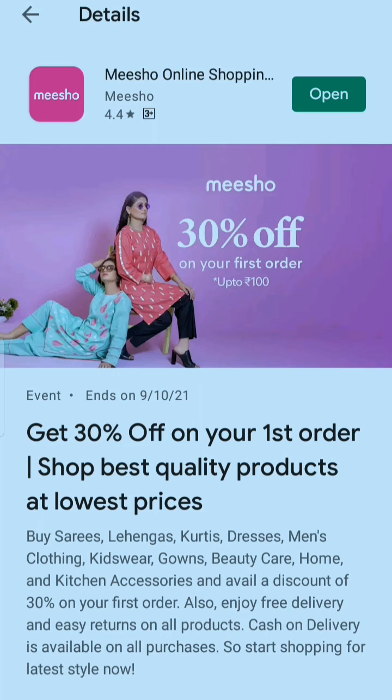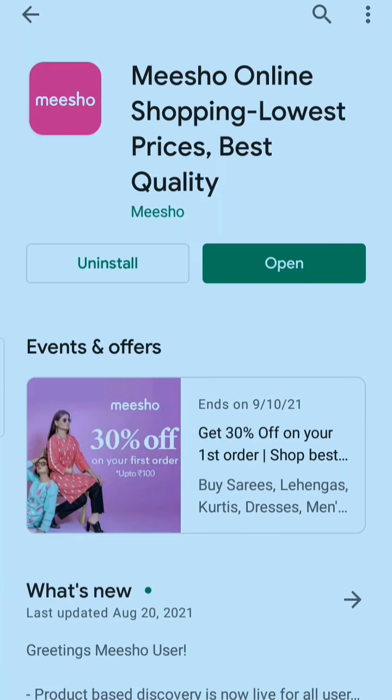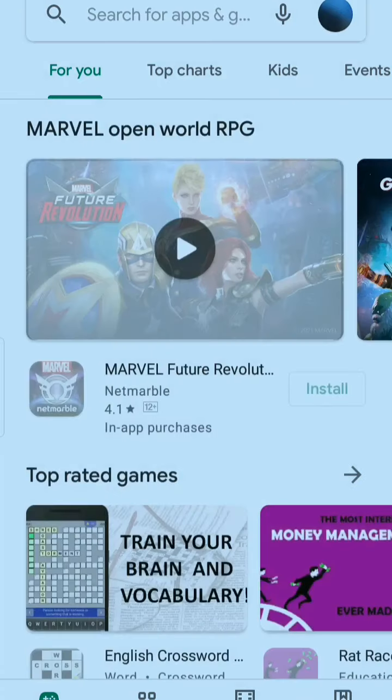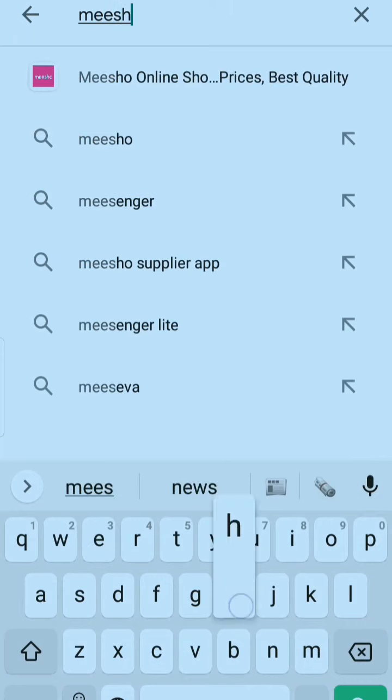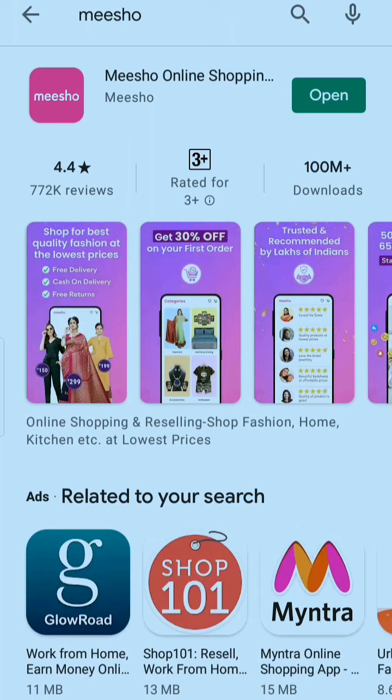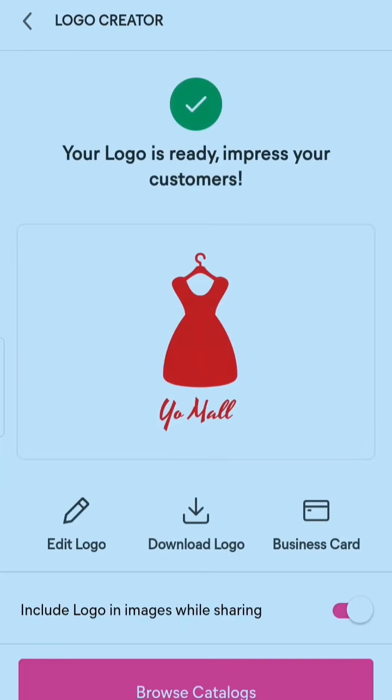So guys, you have to open this app on Play Store. Maybe you are thinking, then why this app? You may also know about this app. This thing doesn't belong to creating logos, but the magical trick needs to be told to you. So you need to install it and open it, and now I'm going to show you the magic. You can create unlimited logos here. If it's your profession, then you can create professional logos with the help of this app.